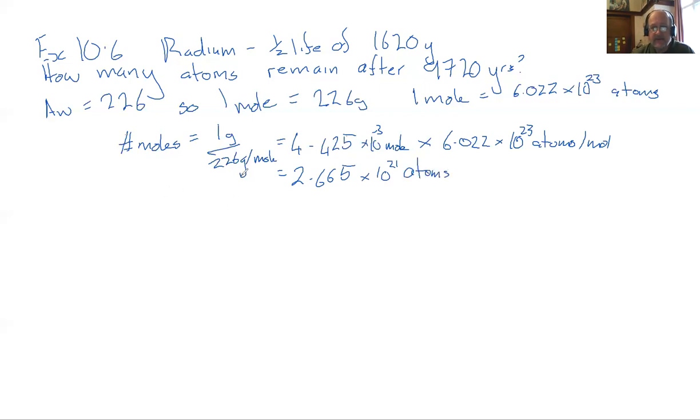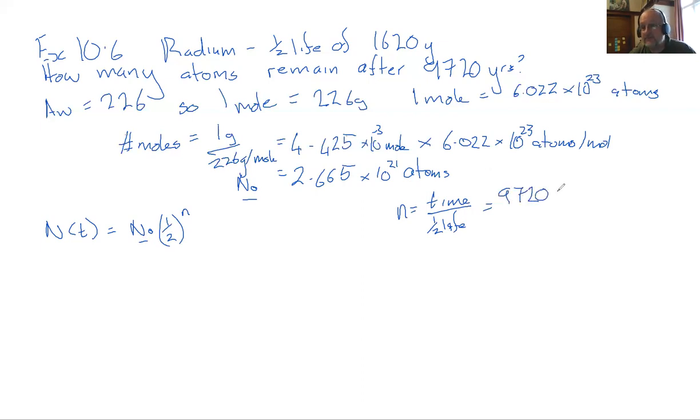And that's going to be N0, because remember, we're going to be using the formula N(t) = N0 times half to the power of n. So this is N0, so we know N0. Now we have to work out n. n, remember, is equal to the time divided by the half-life time, which is equal to the time we said was 9,720 years